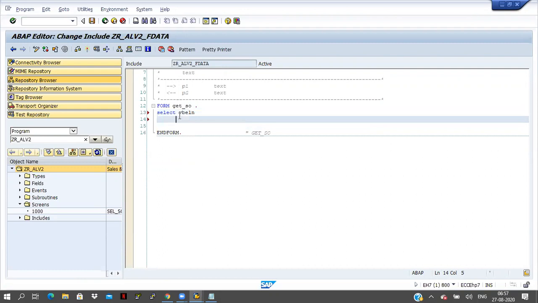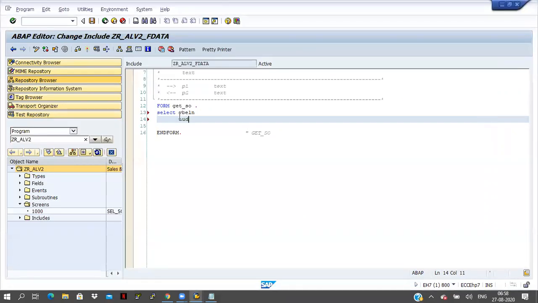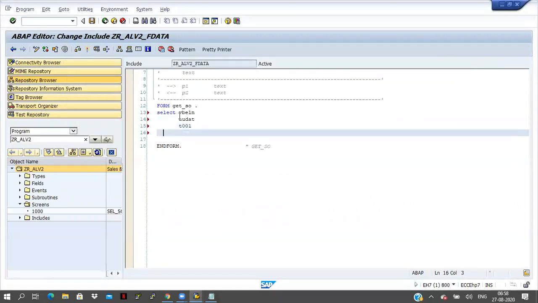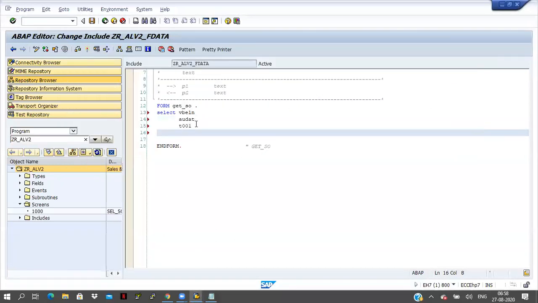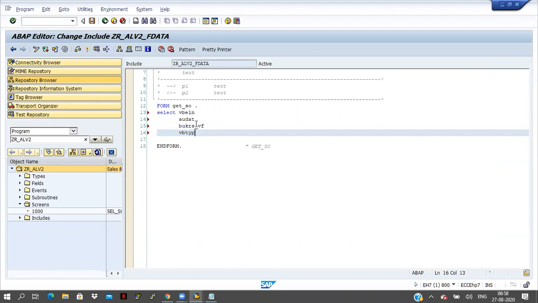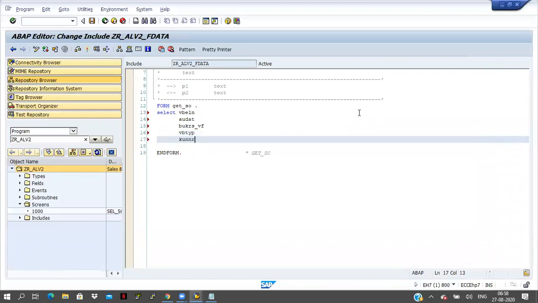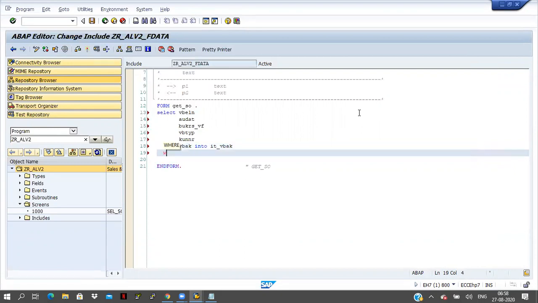Select VBLN, AUTAT, company code, document type, customer number from VBAK into table IT VBAK where VBLN in S_VBLN.